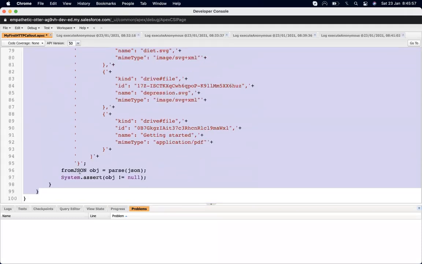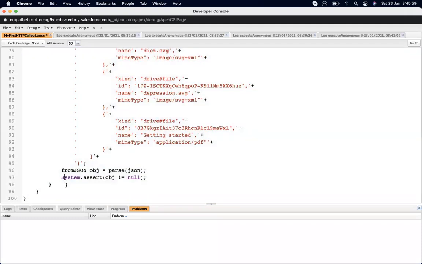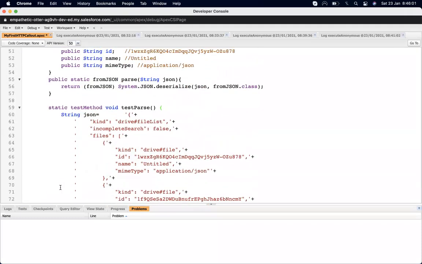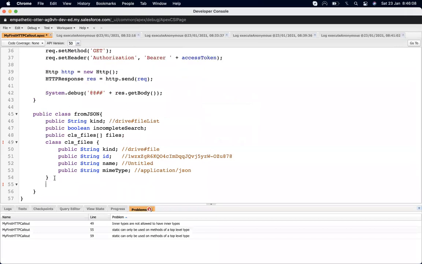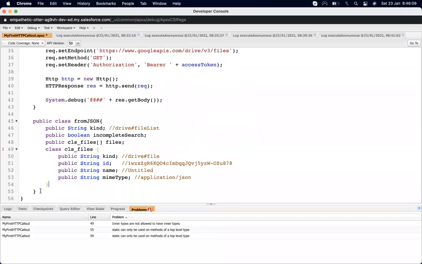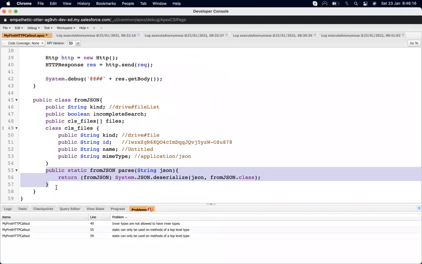Okay. Now remove these things because it's for the test. Just remove that thing. And since it's an inner class, so let's remove that thing.